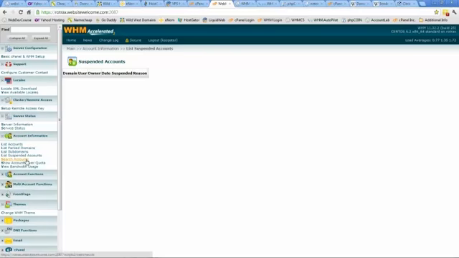Now skip over that one for a second. I'm going to go to show accounts over quota. This would show all the accounts that are using too much disk space, and you could either go in and adjust them as needed, or you can ban them or write to them and say, hey, look, you really need more disk space. And this is the same thing